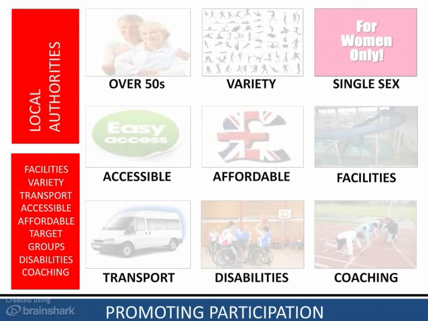You'd need to be talking about the facilities that they provide. Give some examples: the local leisure centre, the local tennis courts in the park. Mention variety. It's really important that there's a large variety of activities available. Identify that transport may be an issue, and therefore providing transport might help people to get to their activity. And also this key concept of accessibility, the fact that the leisure centre needs to be local so that it allows many people to get to it.